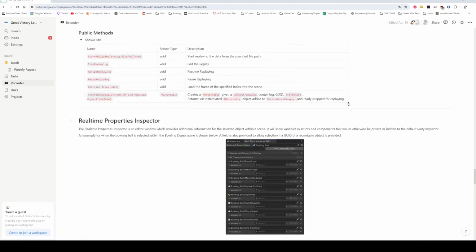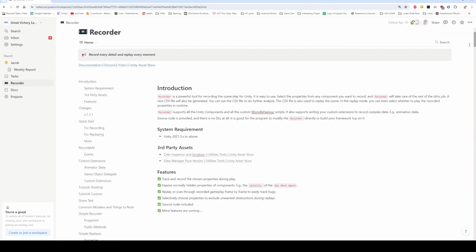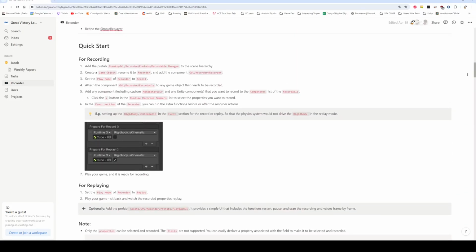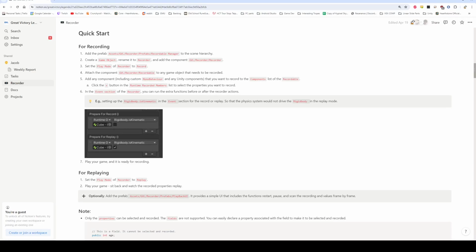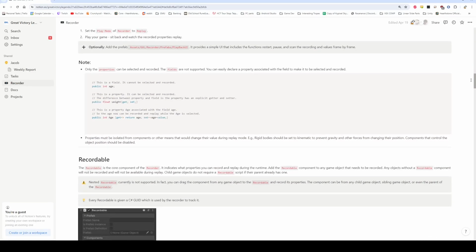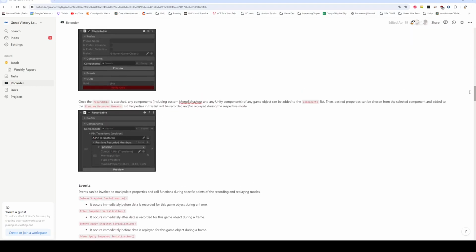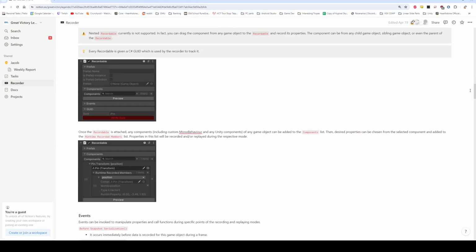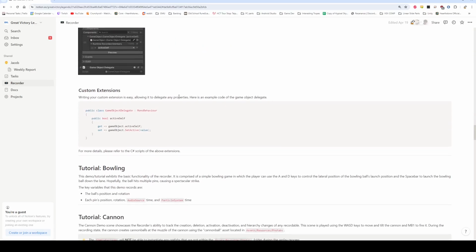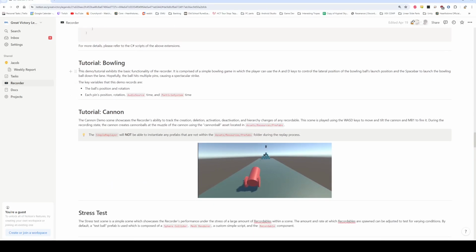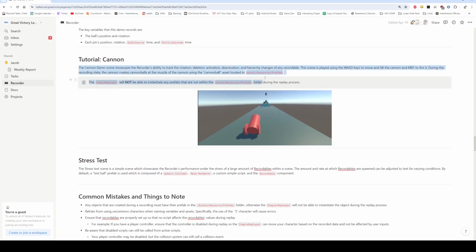We've also updated our documentation. So our new documentation has a lot more in-depth detail about how our functions work, so that you're easily able to create your own functions or adapt ours to your own fit. We still have this quick start, and then down here we have the recordable, which will give you a much more in-depth look at how the recordable operates. We have a short section on delegates, the bowling tutorial from last video, and the cannon that was shown in